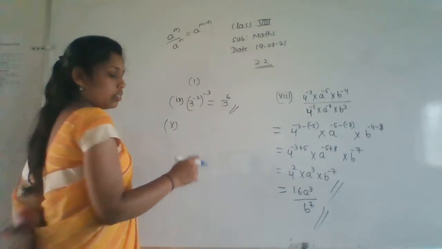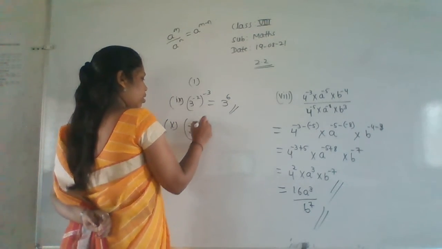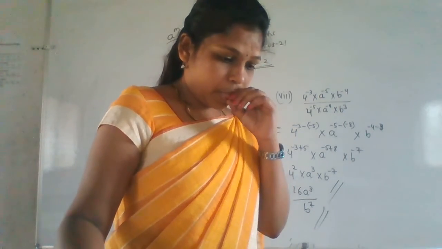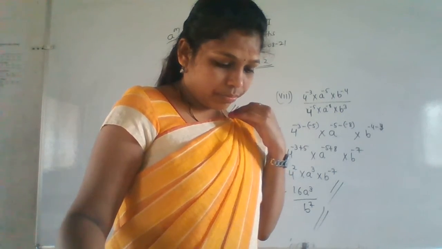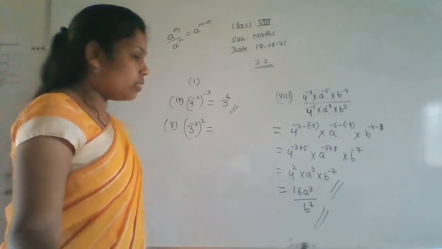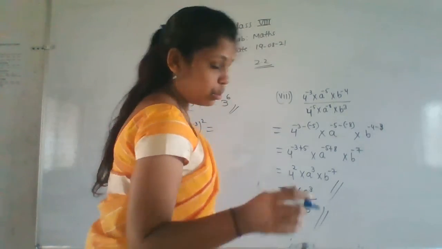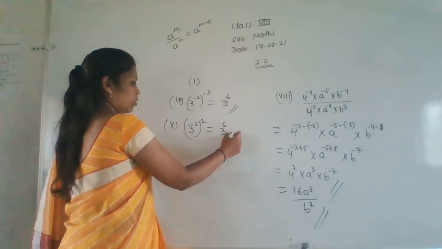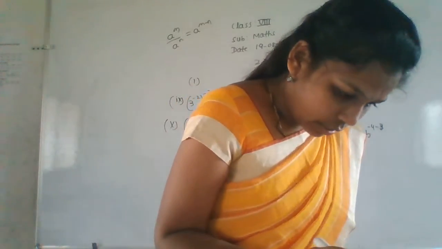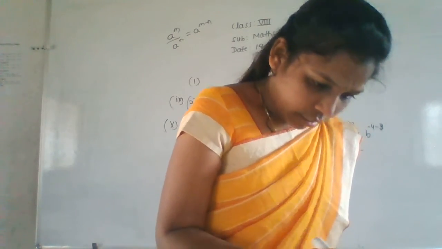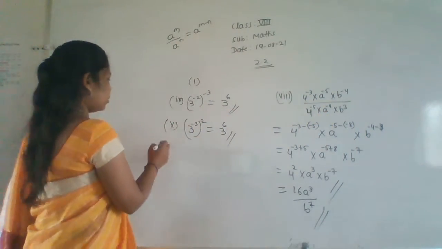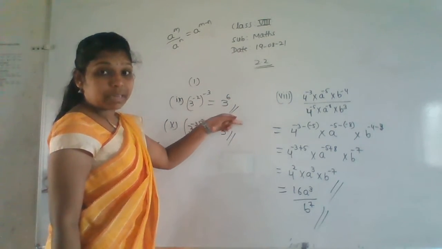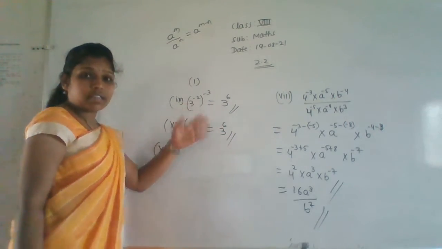3 to the power minus 3 whole to the power minus 2, right? Yes. So same here also. Both are we are getting the same only, right? Yes. Next, see, if you want to multiply 3 for 6 times, you can multiply and write. But this is also enough. That is also the correct answer only.